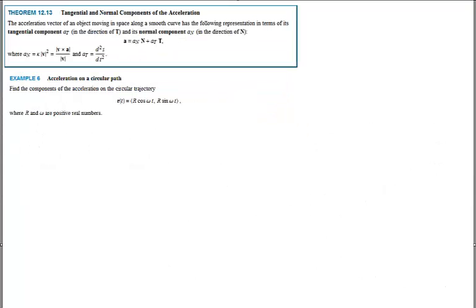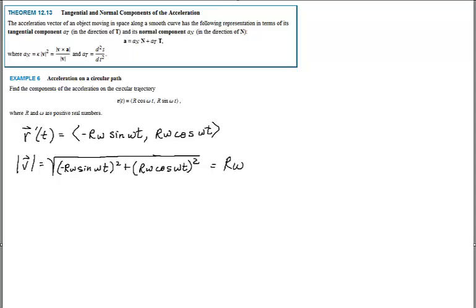Now we spoke of the principal normal vector and the principal tangent vector in terms of velocity, so now of course we're going to talk about those components in terms of acceleration. So very similarly speaking, we have formulas for those. We're going to need a few things in order to get this acceleration vector, and we are going to need, of course, the derivative of our position vector and